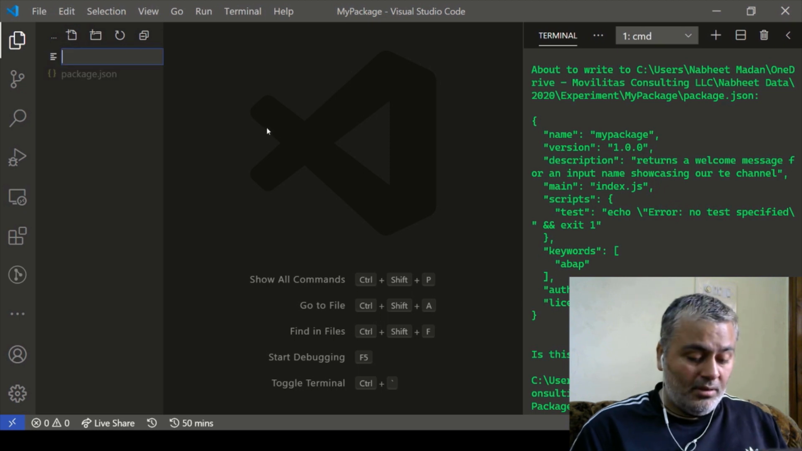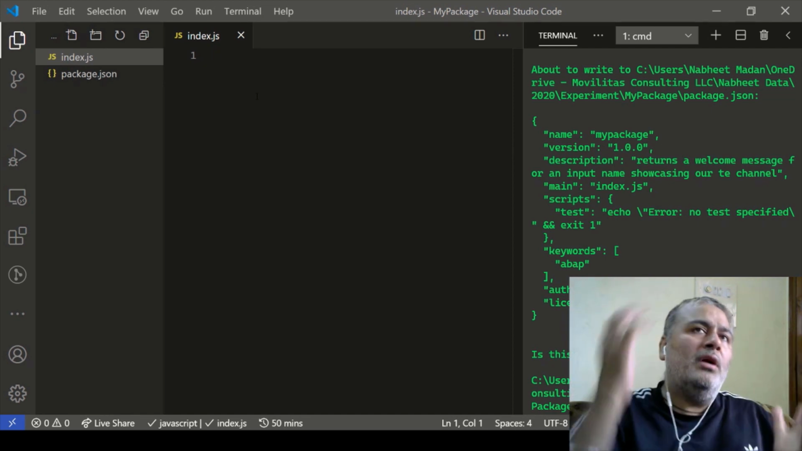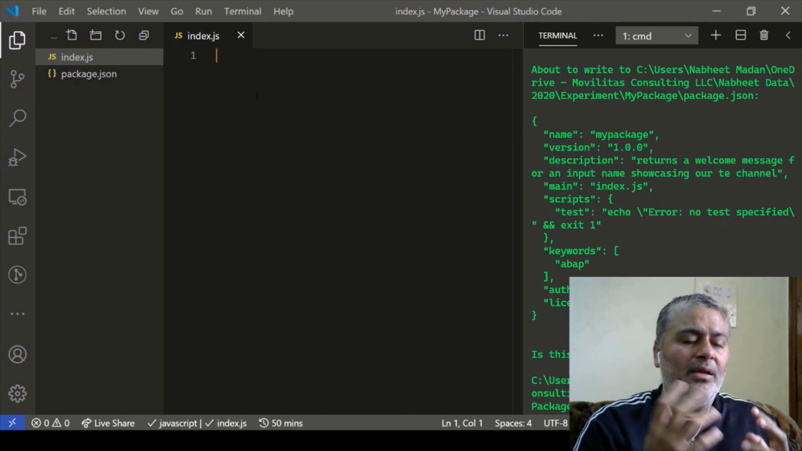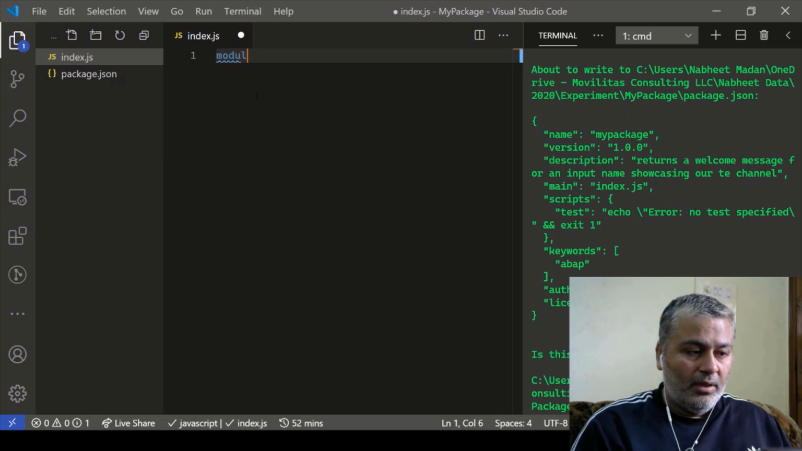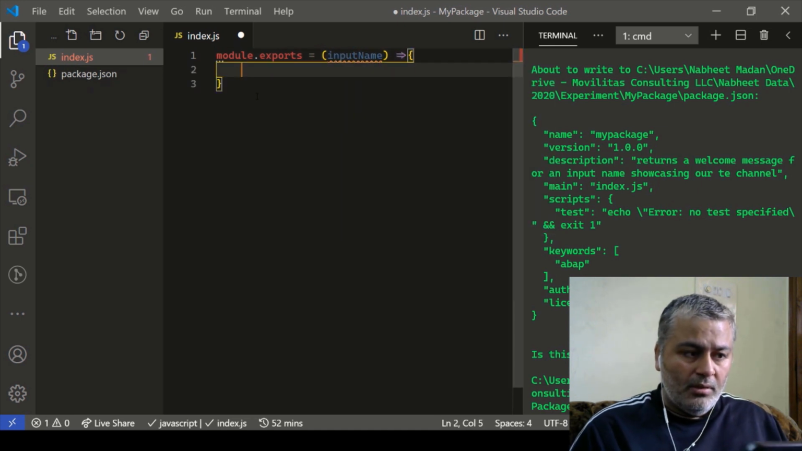Next, we create index.js. Now this whole code has to be packaged inside a module. We export it as a module via the module.exports command. I say, if you give me an input name, this is shorthand I'm using for defining a function. I could have written the function keyword and brackets and all that. It returns